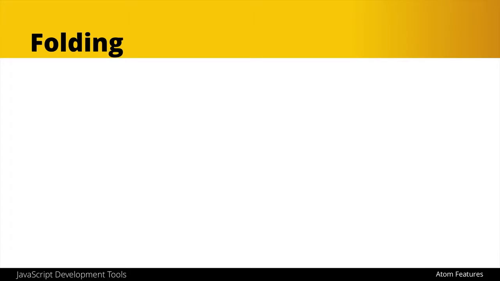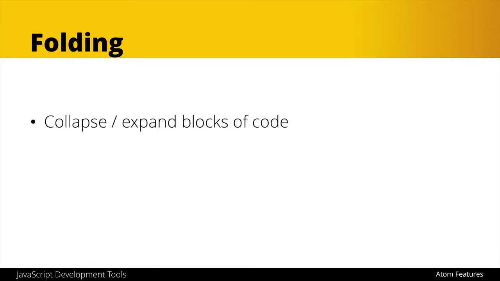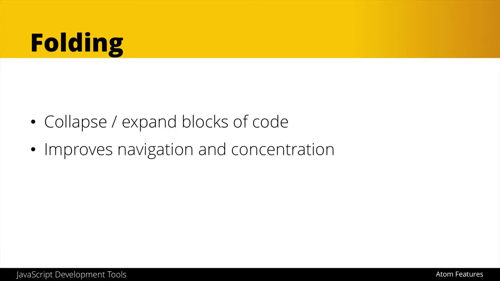So next up, I want to talk about this feature of folding that comes with a lot of code editors, Atom included. Folding allows you to collapse and expand blocks of code. Often you'll fold entire functions, but you could also pick arbitrary blocks of code that you want to hide. And what that allows you to do is more easily navigate through your code because you could keep these blocks